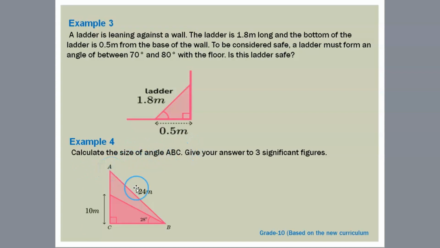ኤግዛምፕል 4፣ ካልኩሌት the side of አንግል ABC። አንግል ABC እዚህ ጋር ያለው ይሄ ትልቁን አንግል እንደምፈልግ የተጠየቅ ነው። ምን ተሰጥቶናል? እዚህ ጋር ሁለት ትሪያንግሎች አሉ ኦቨርላፕ ያደረጉ። እዚህ ጋር ትንሽ ትሪያንግል አለች እና ይሄ ትልቁ ትሪያንግል አለ። እነዚህ ትሪያንግሎች ምን አላቸው? ኮመን አንግል አላቸው 90 ዲግሪ። ስለዚህ ከዚህ ፊት ለፊት ያለው ለትንሹ ይሄ ሃይፖቴነስ ነው፣ ለትልቁ ደግሞ ይሄም ሃይፖቴነስ 24 ሜትር ተሰጥቷል። የትንሹ ትራያንግል እችኛው አንግል ተሰጥታለች 28 ዲግሪ። ለትንሿ ትራያንግል ይሄኛው ሳይድ ተሰጥቷል 10 ሜትር። የተጠየቁት ይሄንን ትልቁን ይሄን አንግል ለመፈለግ ነው።